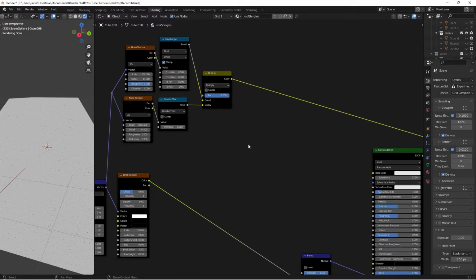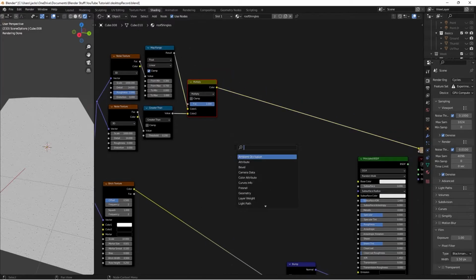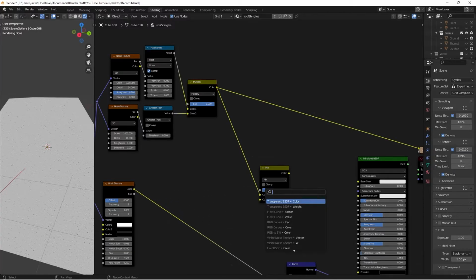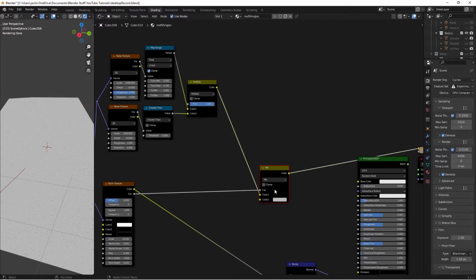So then I'm going to take this guy and move him into another mix node. So Shift A, search for mix RGB, because we don't want the in-between to be very glinty at all. So we're going to take this color into color 1, and then we'll take the factor from this brick into the factor of this mix RGB. So if we Control Shift and left click, we can see that it's sort of looking the same right now, but if I switch this to something like a red, you can see this is what the in-between is,